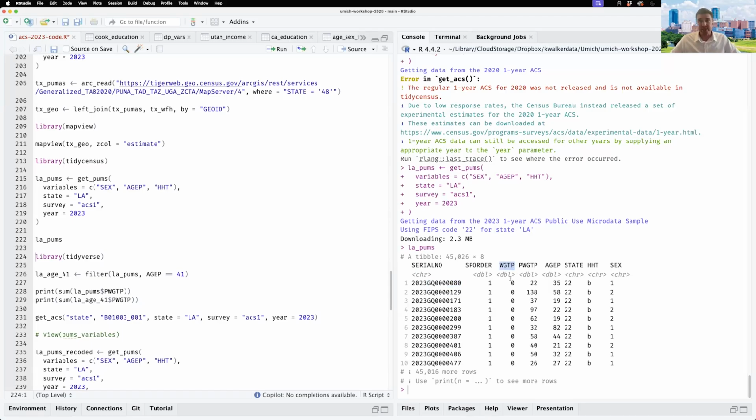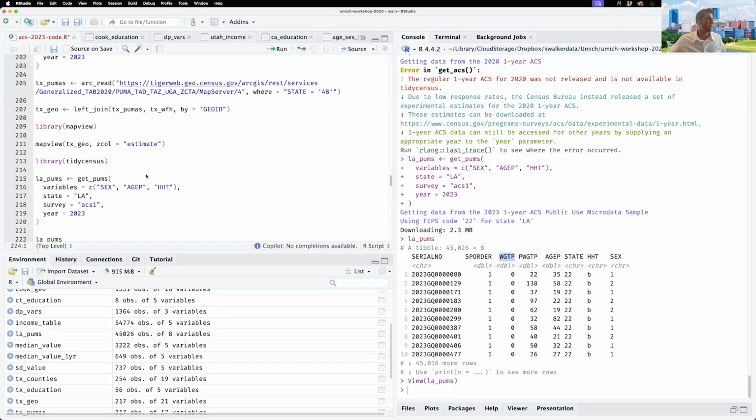WGTP is your household weight. So PUMS are weighted samples, which means, and I'll explain how this all works, that each record represents approximately a given number of people, or each household represents a given number of households. Each record represents a given number of people. And in fact, to illustrate this a little bit more clearly, I'm going to bring up this data set in